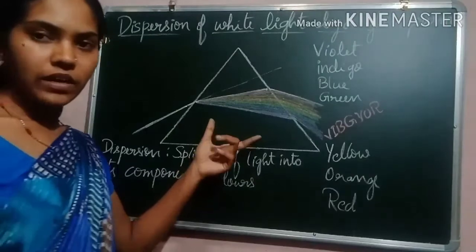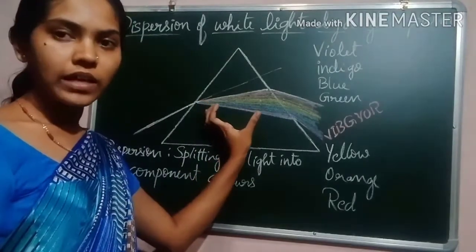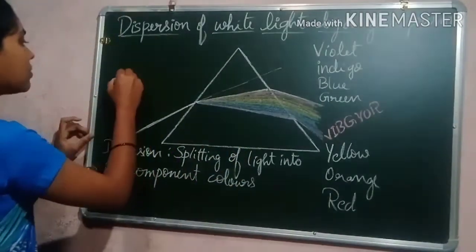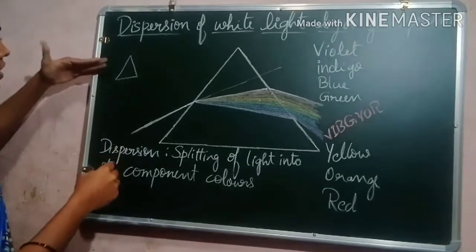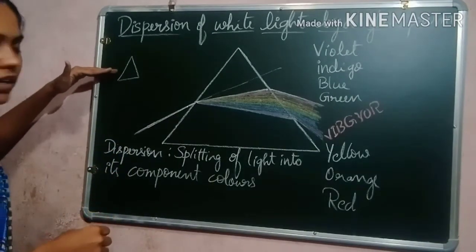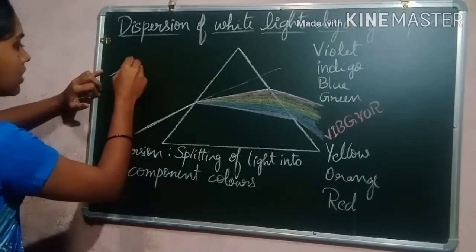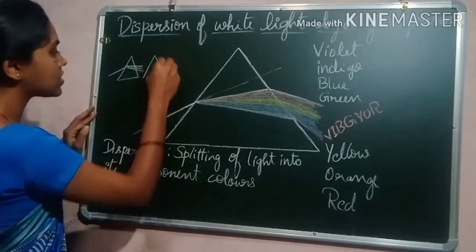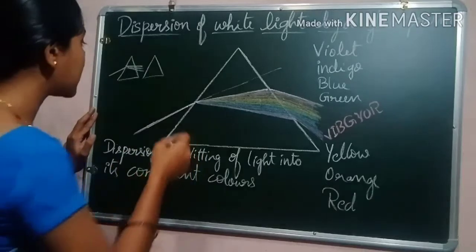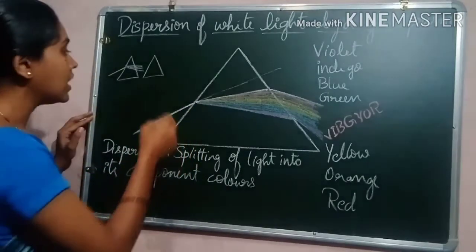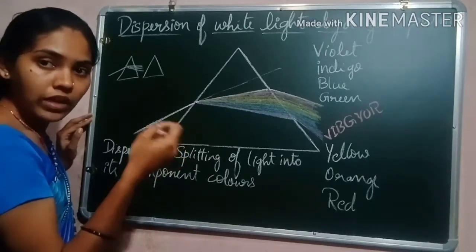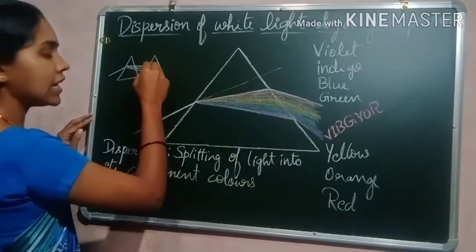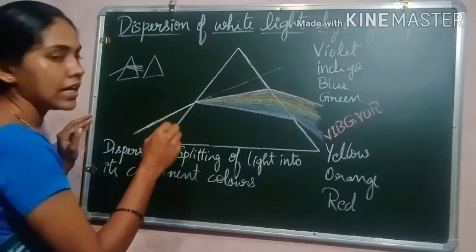This concept was first used by Isaac Newton. He found the spectrum of white light. He passed the white light through a prism and obtained the spectrum. After that, he used another prism to see whether he would obtain still more colors from this spectrum. But he didn't get any result.